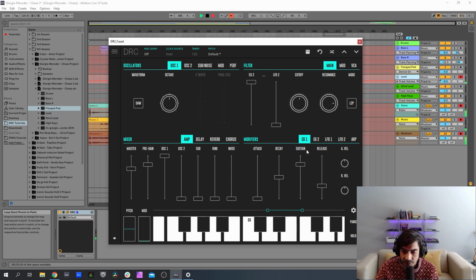Now for the first envelope generator, attack at 0, decay at 500, sustain at 800, and release at 176. Now on the second envelope generator, the one that controls the cutoff, we have 036 for the attack, 194 for the decay, sustain at 456, release at 438,